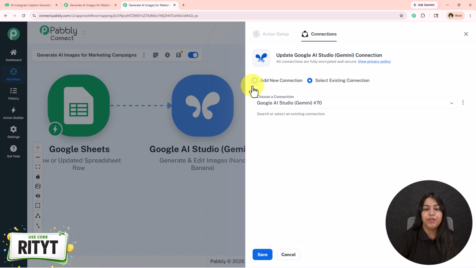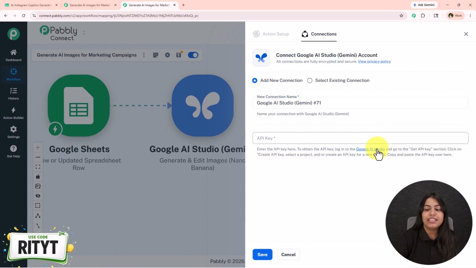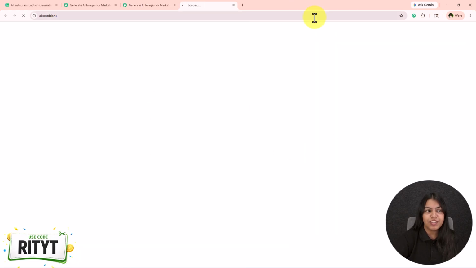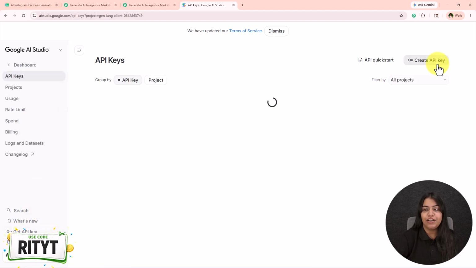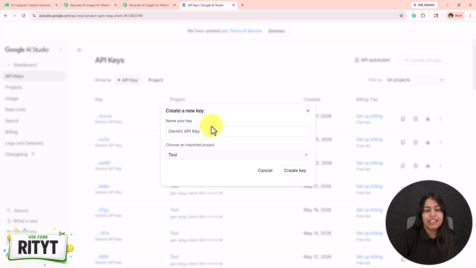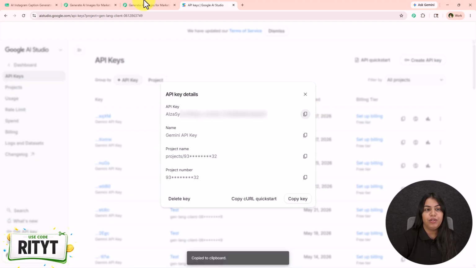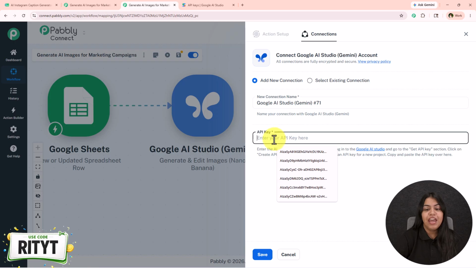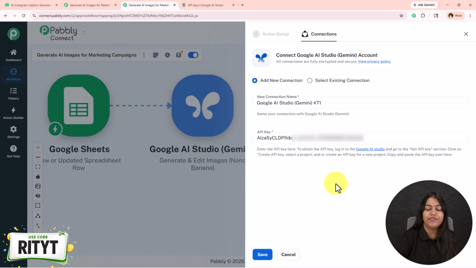But if you haven't, follow me, click on add a new connection, and it's asking for the API key. So to get this API key, open your Google AI Studio. Once you open your Google AI Studio, from the left hand side, go on this Get API Key section and then click on this Create API Key button. Name your key, select the project and click on this Create Key button and your key will be created. You just have to copy the key and paste it in your workflow like this and then click on this Save,